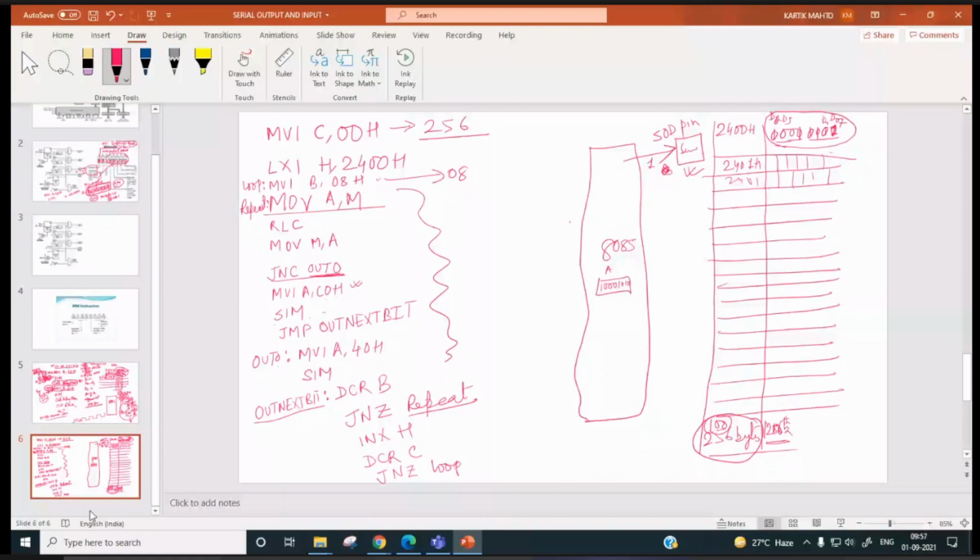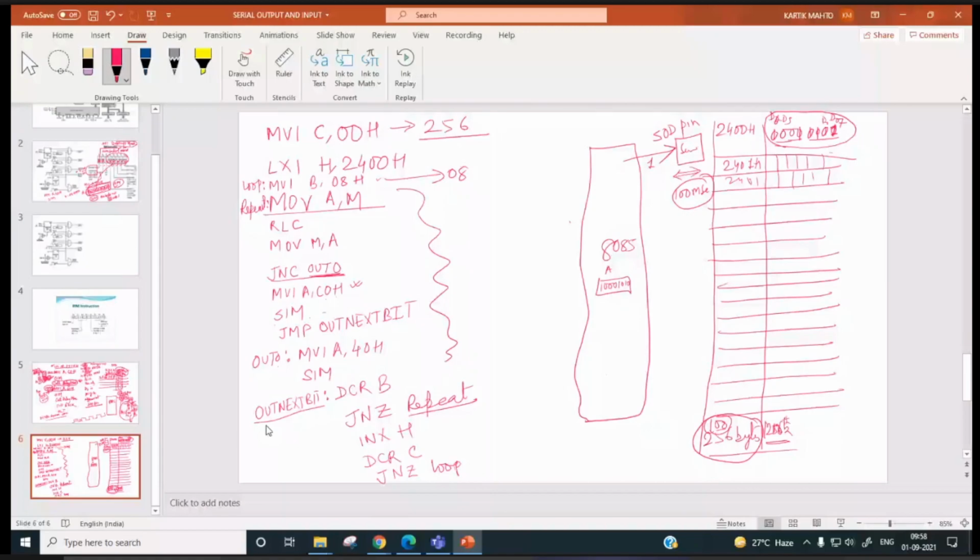Now here what exactly we are doing, suppose this serial device will be receiving data serially, but it is very slow. It receives data serially, but it can receive one bit after say 100 millisecond, right? So for this transmission of bytes, each bit you have to send after 100 millisecond.